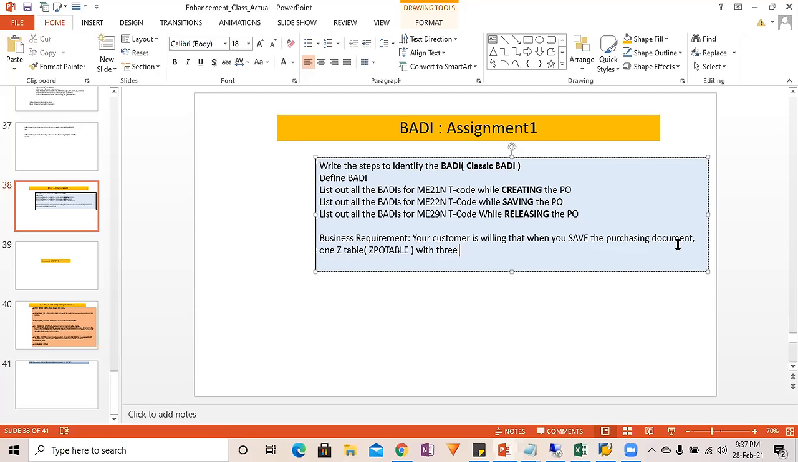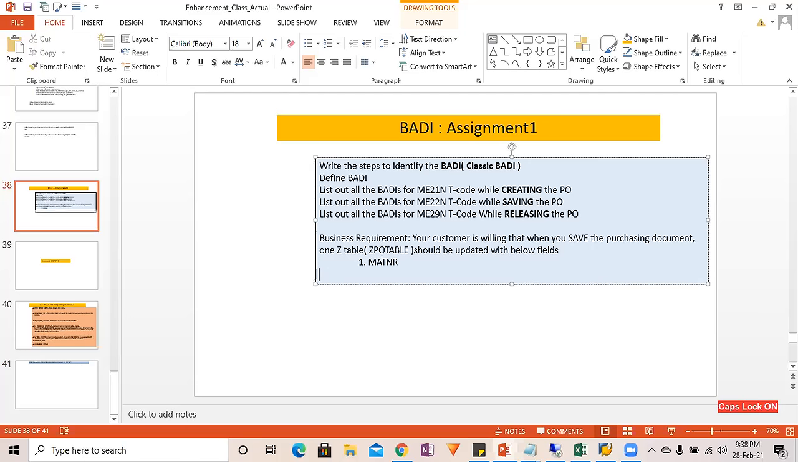So your customer is willing that when you save the purchasing document, one Z table should be updated with below fields. What are those fields? One is all the material which has been used in that purchase order. Then the second one,